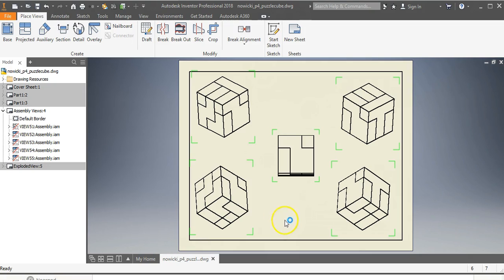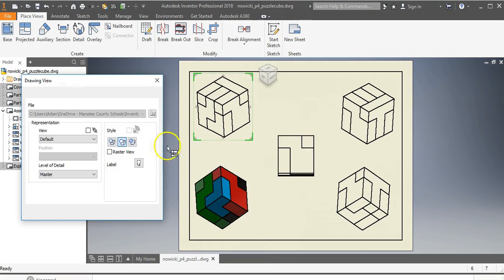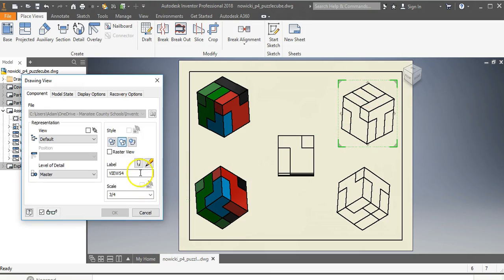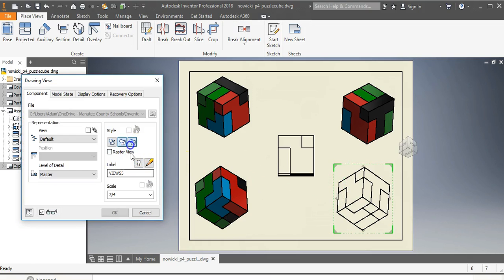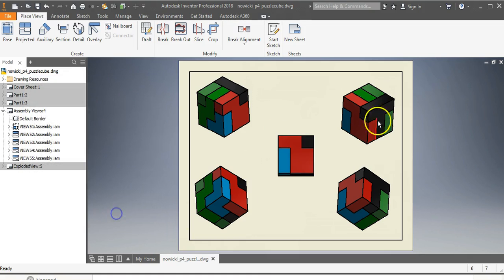how that goes. If I double click on the bottom one, I believe I should be able to color each of these in. Make sure, see how you get the red dots around here. I double click within that red, color these in. Okay, and these are just, again, different views of the puzzle so you can see kind of how it goes